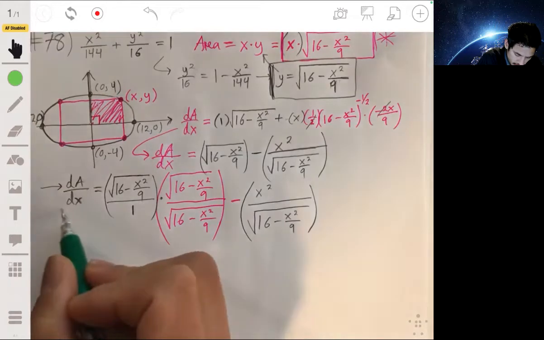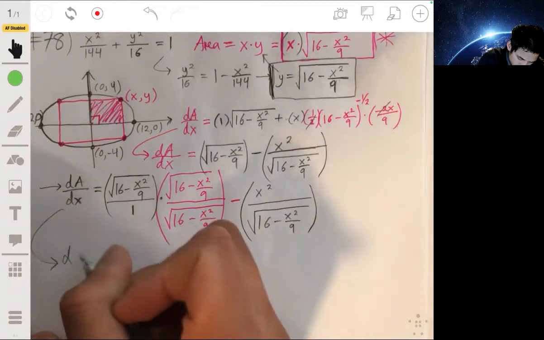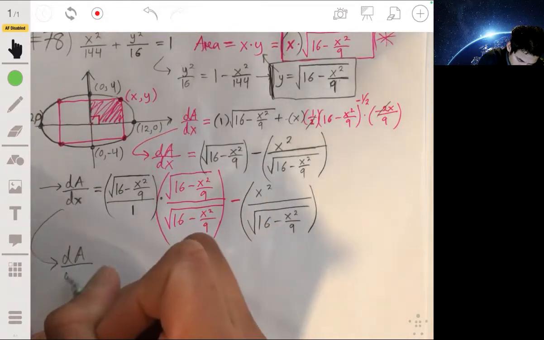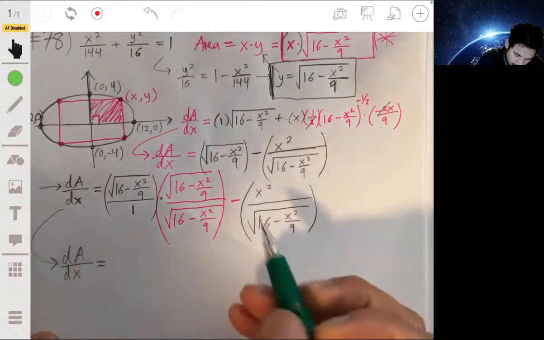So working it out, keeping it going, dA/dx will be equal to,